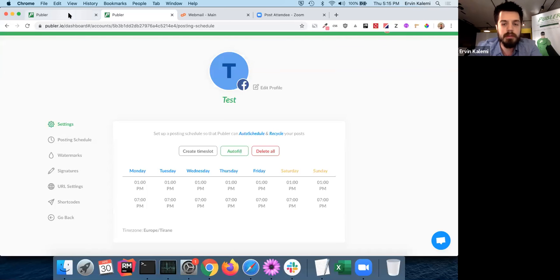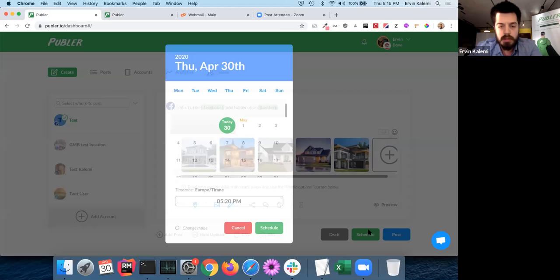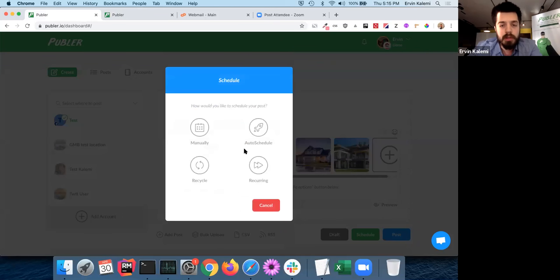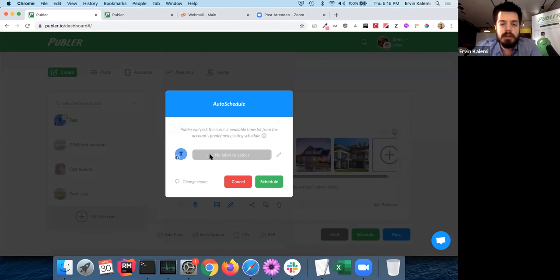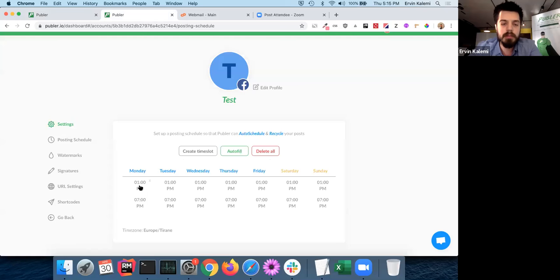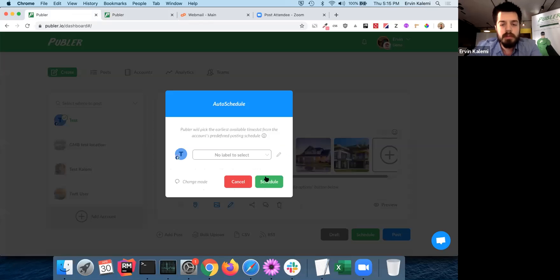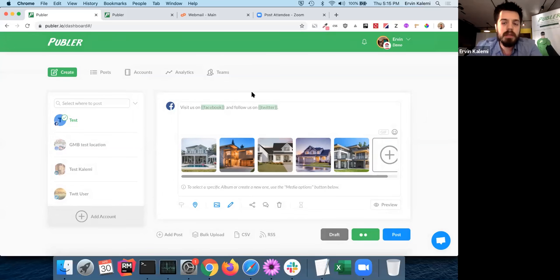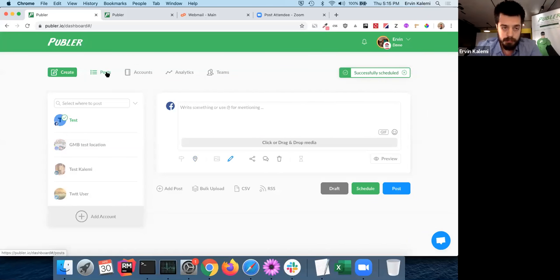So let's try that. Again, I click on schedule, I change mode, and I go to auto schedule. It says no label to select. This is just an indication. You don't have to worry about it. For each time slot, I can label them if I want to further personalize them. But for now, I'm just going to keep this use case as simple as possible. So I'm going to click on schedule, and I can expect this post to be scheduled for today at 7 p.m. So let's go and